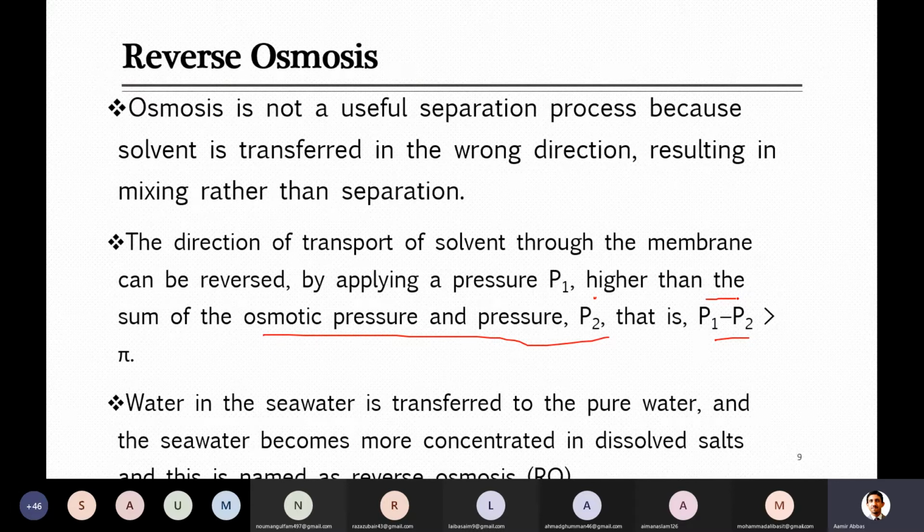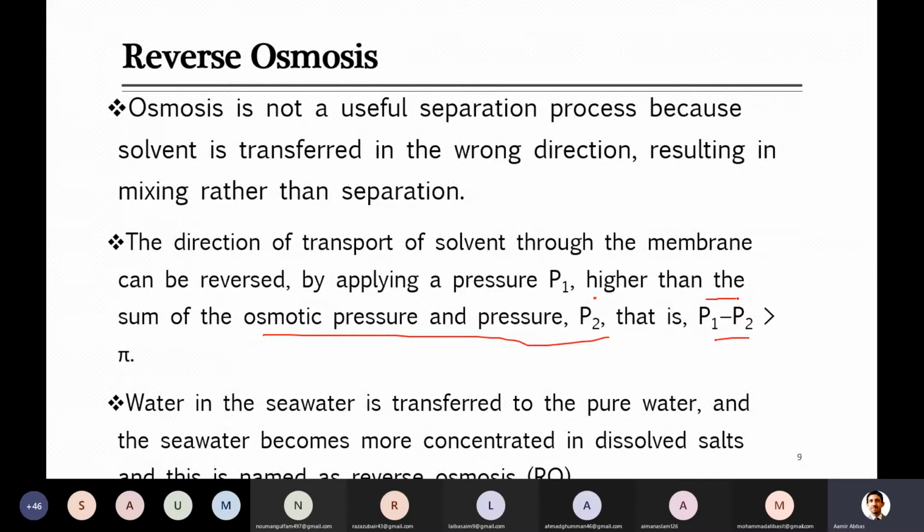When you are getting pure water on the permeate side, why I'm saying permeate side is because anything which passes through the membrane, we call it permeate. As we said, the membranes are permeable, the membrane allows the water to pass through. So on the permeate side, we will have pure water, while on the other side, from where there was originally